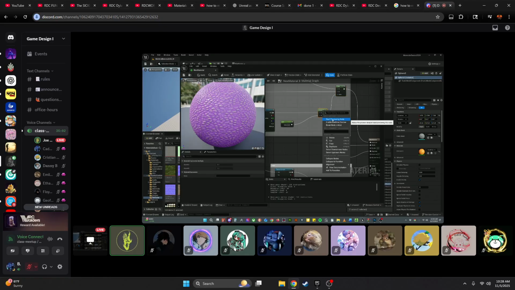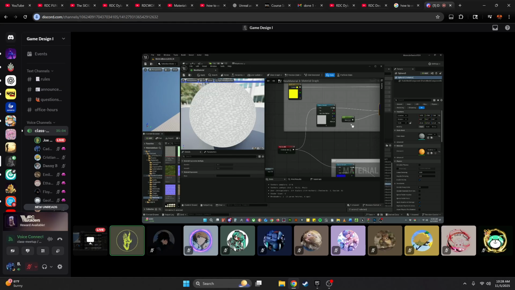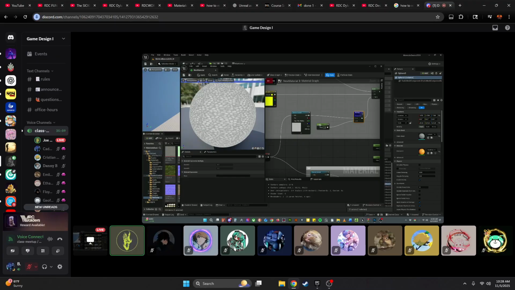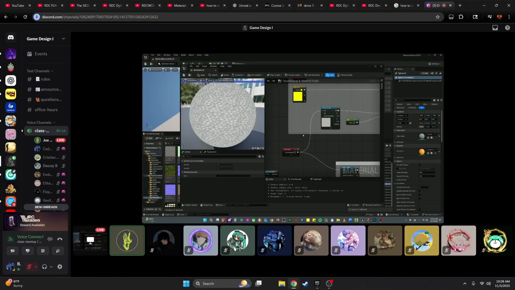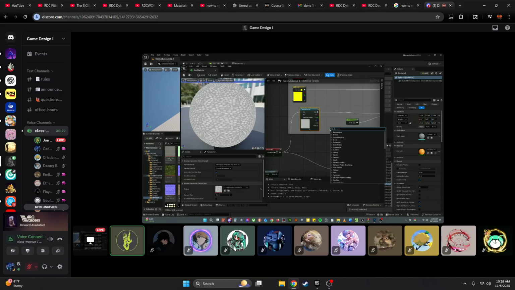So if I right click here and start the preview, it's only going to show me this connection. See it? Just like that. So let's build this up a little bit more, because your team comes in and says, hey, we don't have enough contrast here. I've got to find the right node. I'm going to type in contrast,